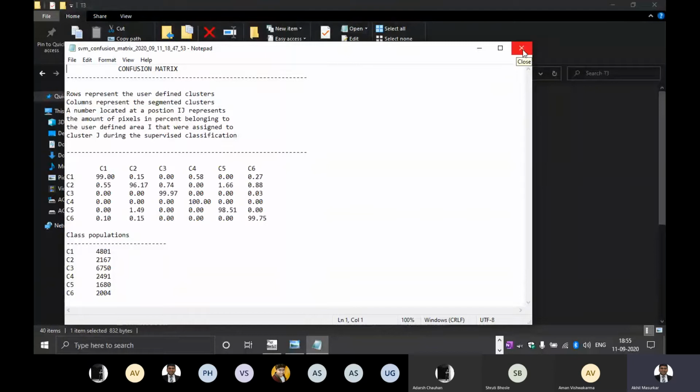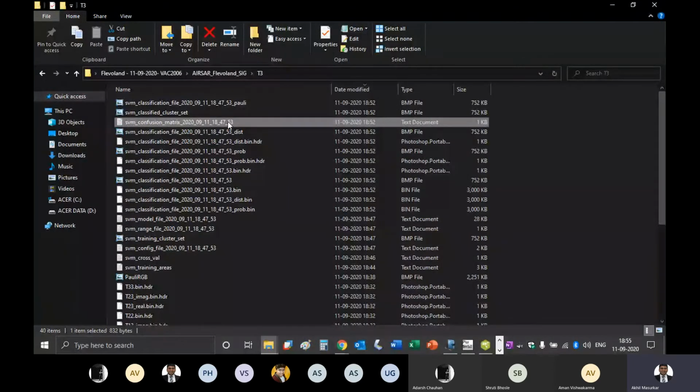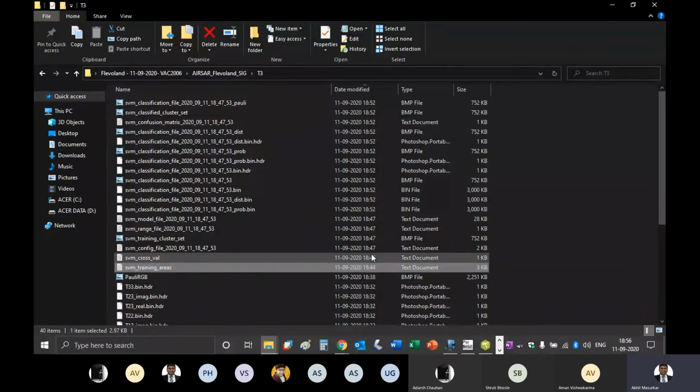Anyway, that's a part of study, but you should be able to identify 2 files, svm_confusion_matrix and svm_training_areas. Are you all able to identify both these 2 files? Okay, great. Yes, I can see your classified file.